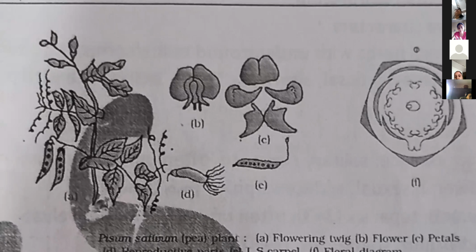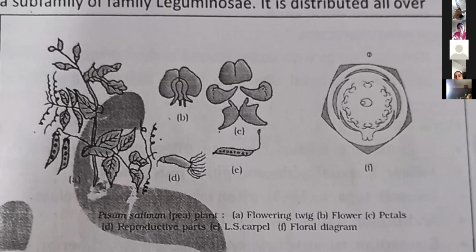See, here the first diagram is given. This is first of all a pea plant, garden pea, Pisum sativum. Remember the scientific name of pea plant. Very, very important: Pisum sativum. And if you can make out over here,